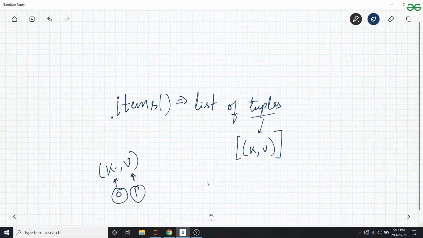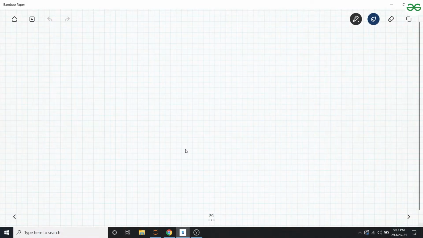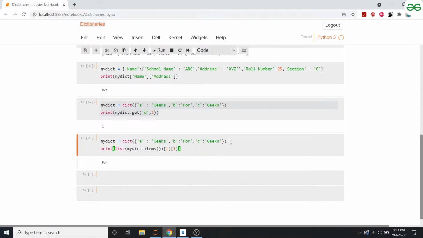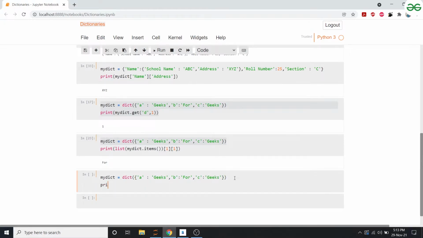Okay, moving on to the next function, that is dot keys. So now let's see what the keys function does. Same dictionary, print my dict dot keys.